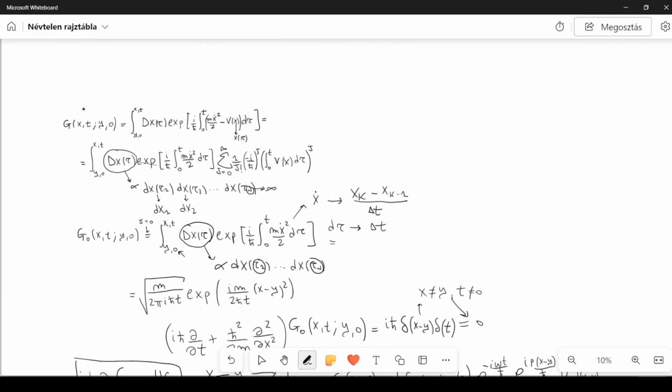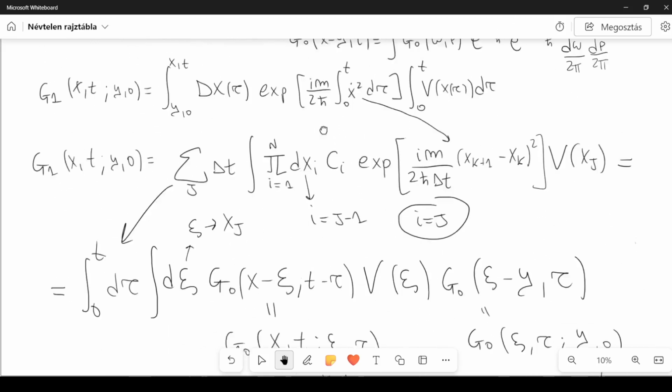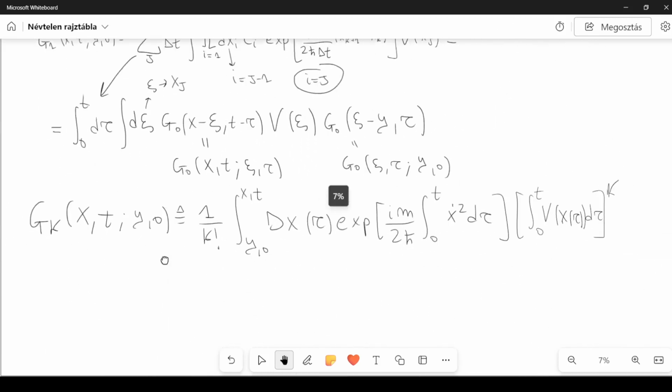It's as if we are expanding this g, which is the total propagator, as a series of terms, of the kind summation over j from 0 to infinity of minus i over h bar to the power j, g sub j of x t y 0. Now let's try to understand a little bit more about the higher order terms, so these terms here,